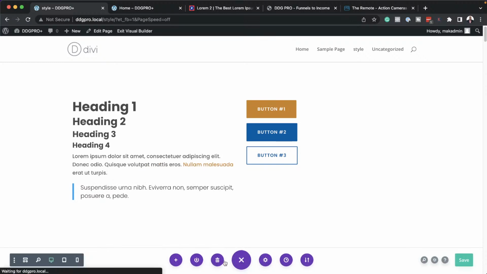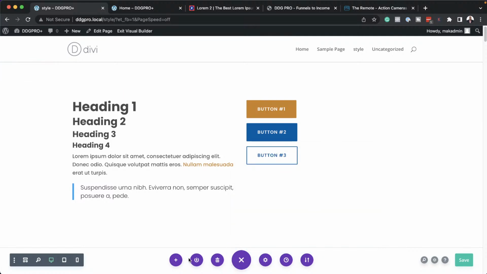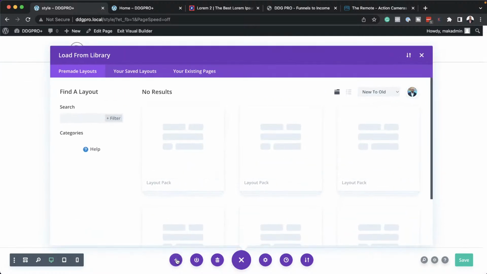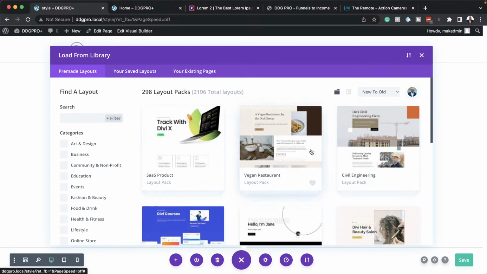And first of all, what I normally do is I create a backup copy on my computer just in case. So you come over here and export it, okay? So now, if you click on this plus button, it opens up now our Divi Cloud, okay? So this is where now you can